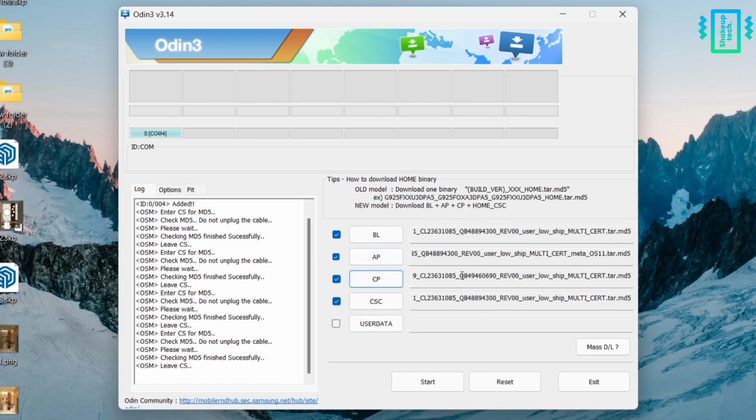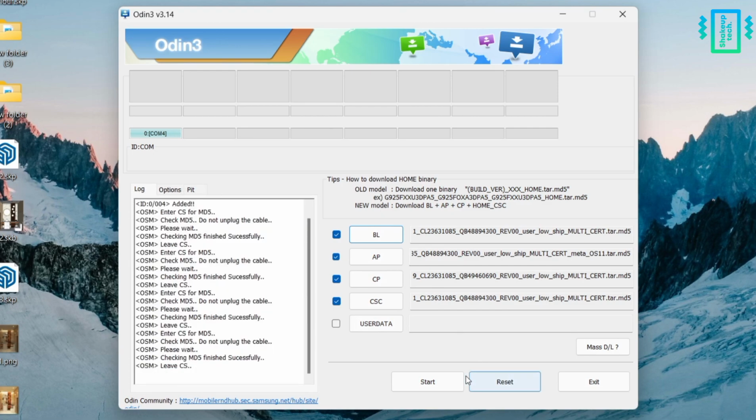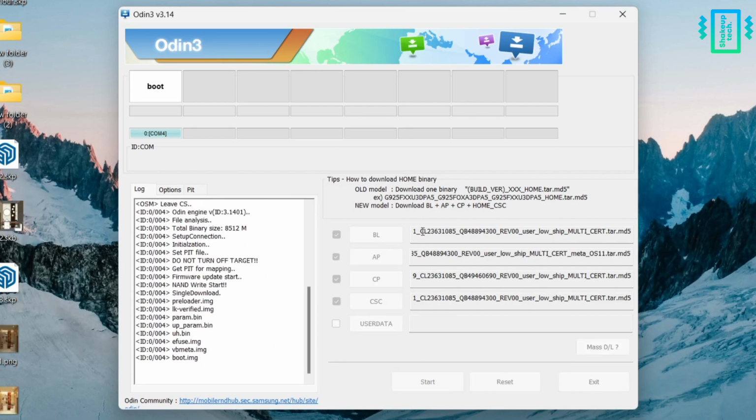So now all the files are ready and we don't need to do anything else. And if you go to the options, you can see. So do not select anything else and just start the process. So now the flashing process has been started, and do not interrupt it, and it will take some time. So just set your device aside,